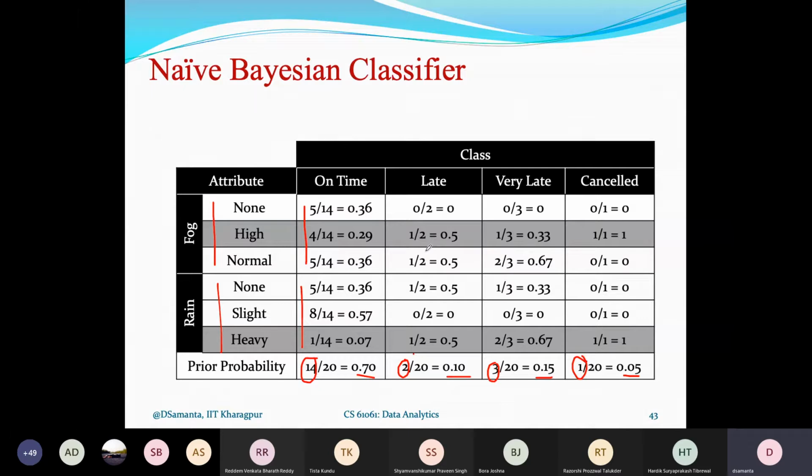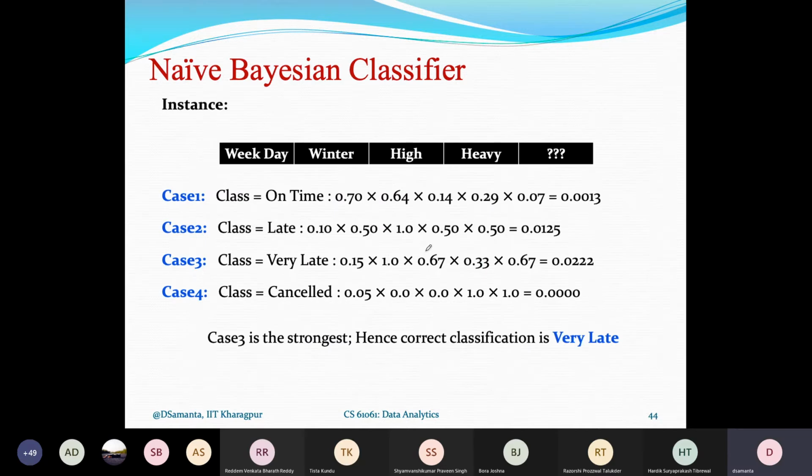As you see, the number of columns is the same as the total number of class levels, so in this case, 4. And at the end of this table, we can store the 4 prior probability values. So it is very easy. Now let's see with these values how we can calculate the probability that a given test data belongs to a particular class. So this is the example here.